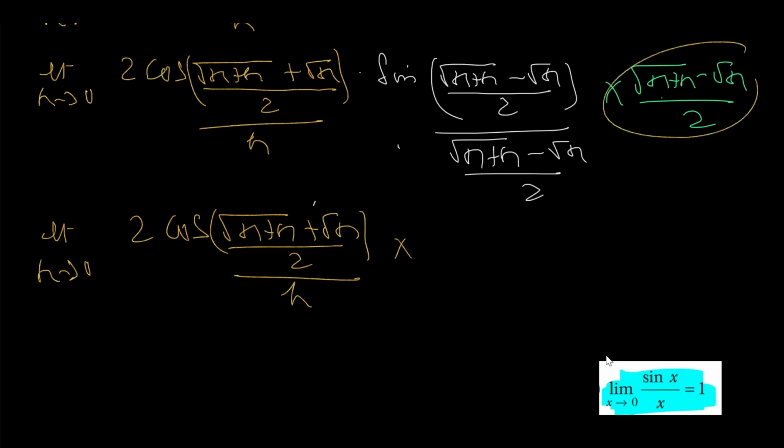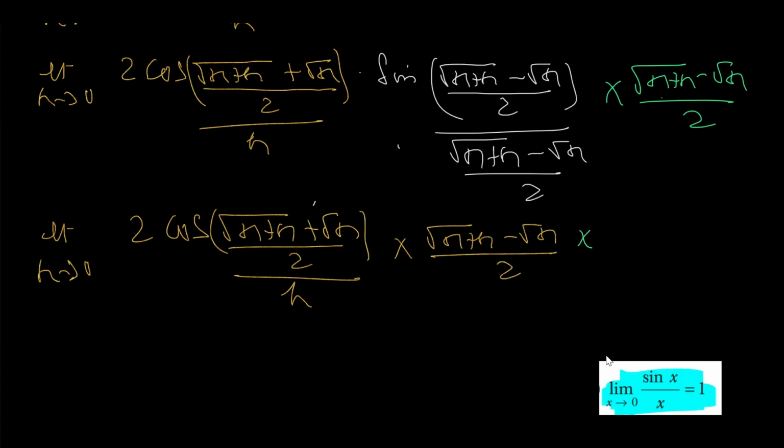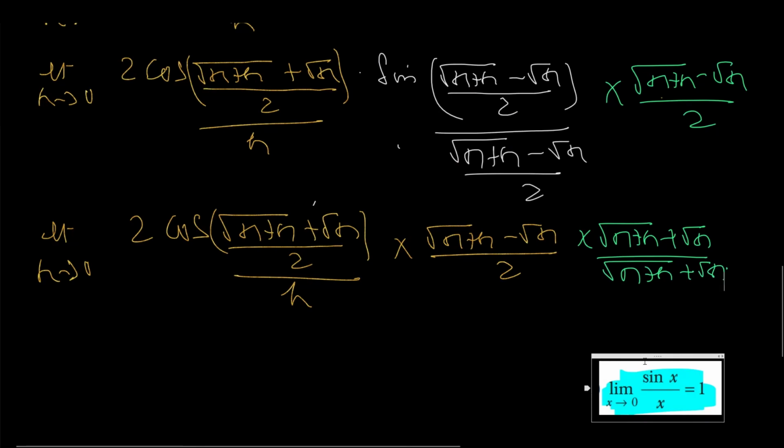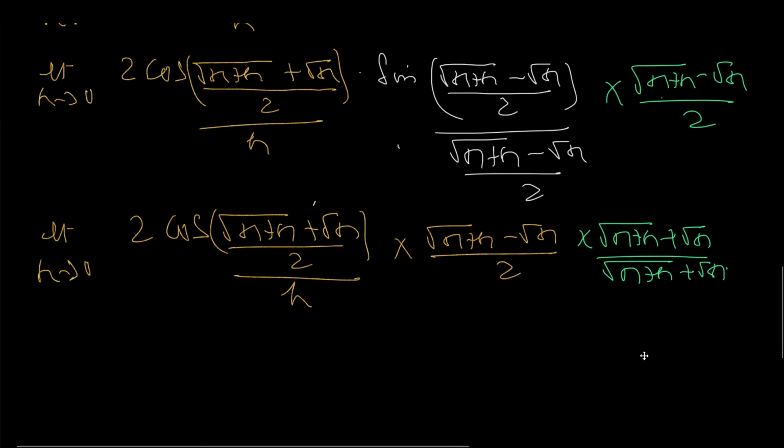And for this part, here I can see that this is √(x+h) − √x over 2. So in this part also I'm going to rationalize once again by √(x+h) + √x, and then this is √(x+h) + √x. So this I'm going to rationalize. Now for one thing, I can see that this 2 and this 2 get cancelled. So what we are left with, this is